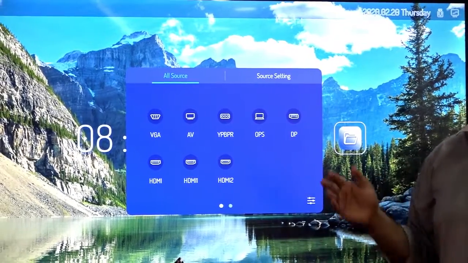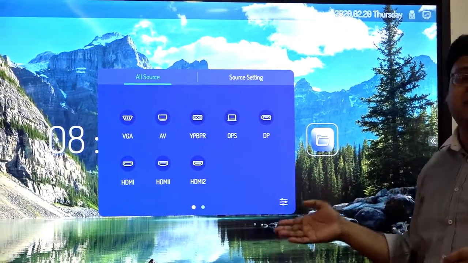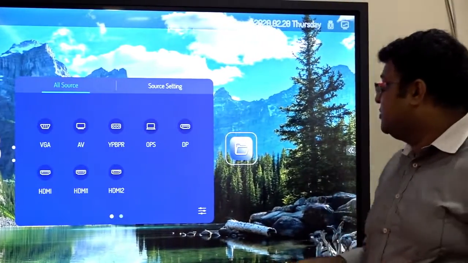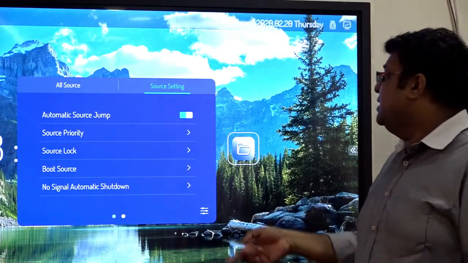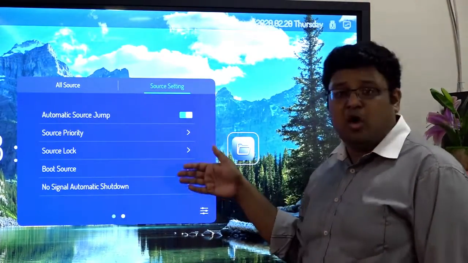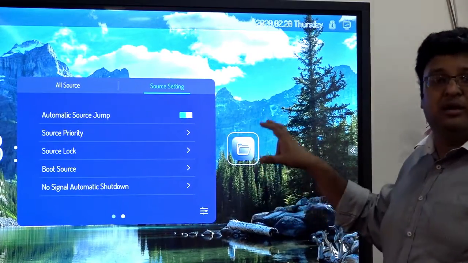You can connect it via VGA cable, you can connect it via HDMI cable, you can connect it via AV cable also, right? So you can connect it using anything, and whatever source you are using, you have to make this on, otherwise that particular source will not match with this particular device, right?